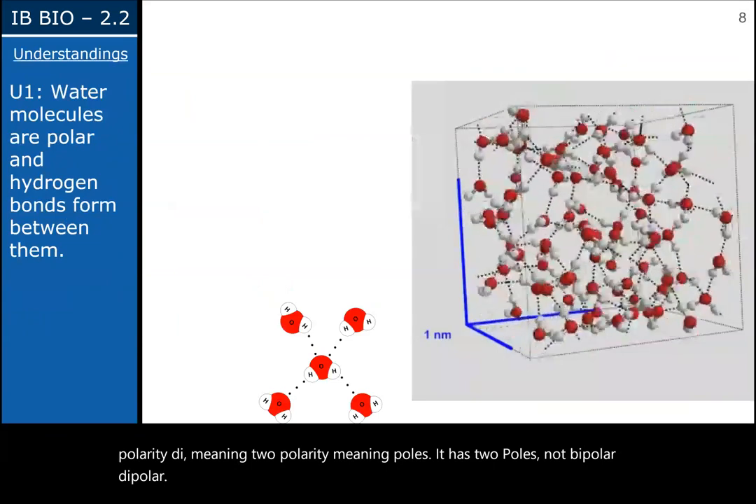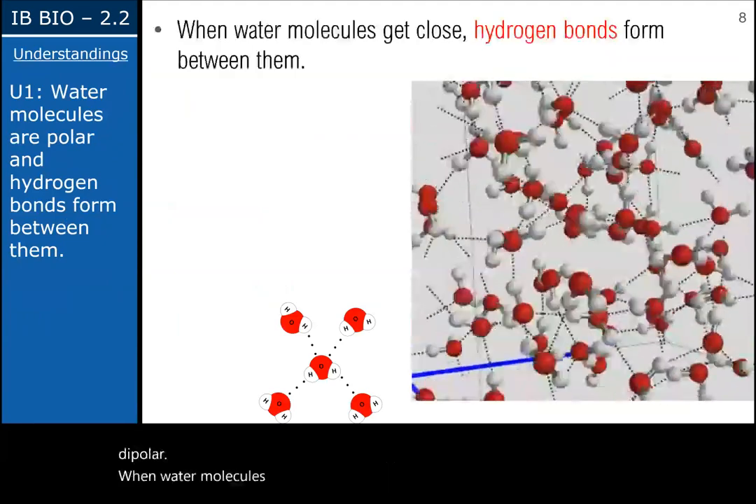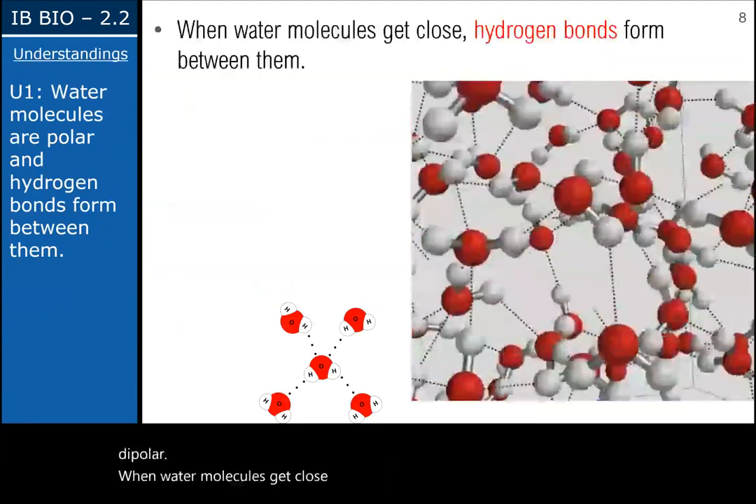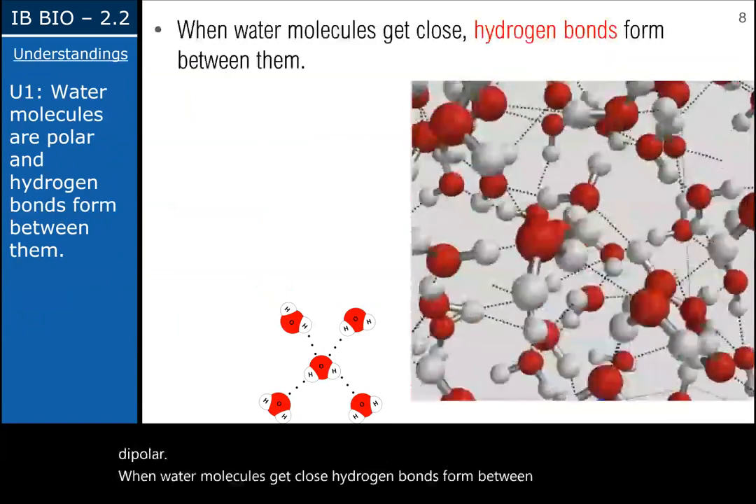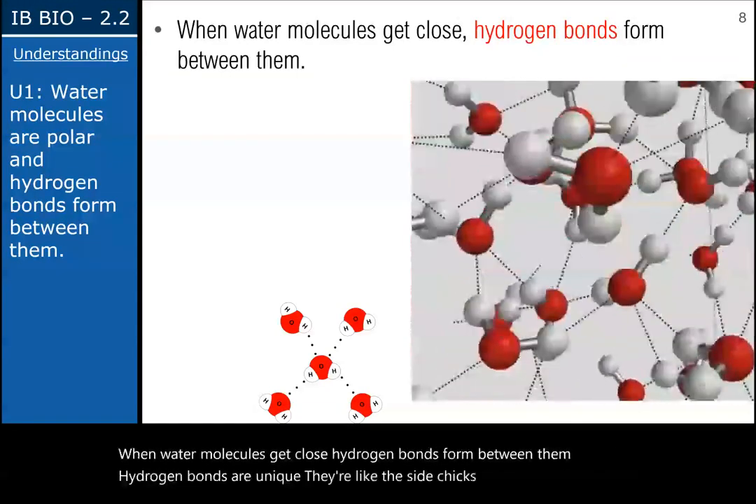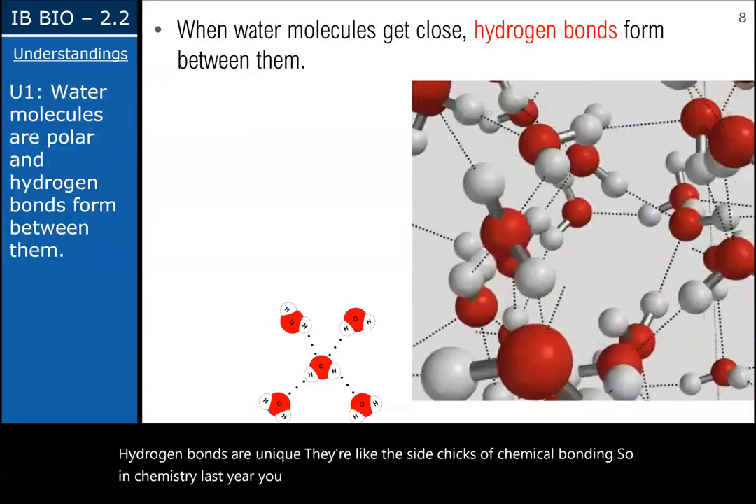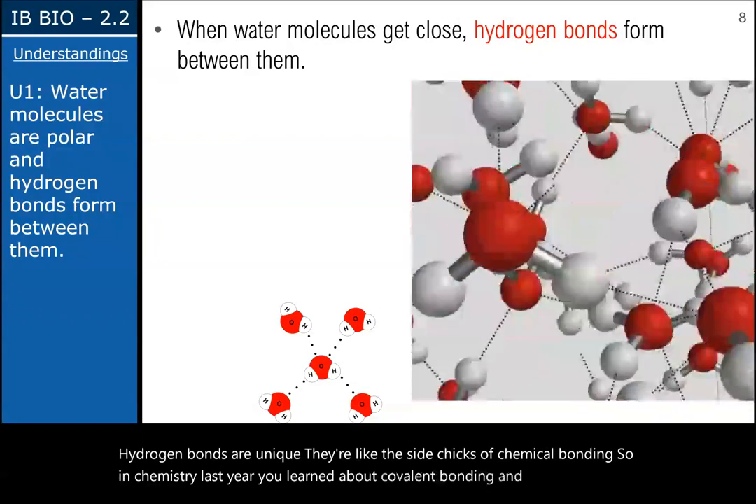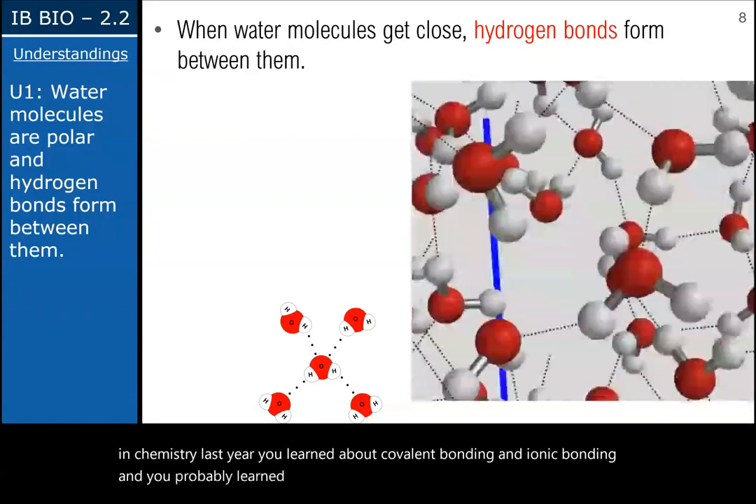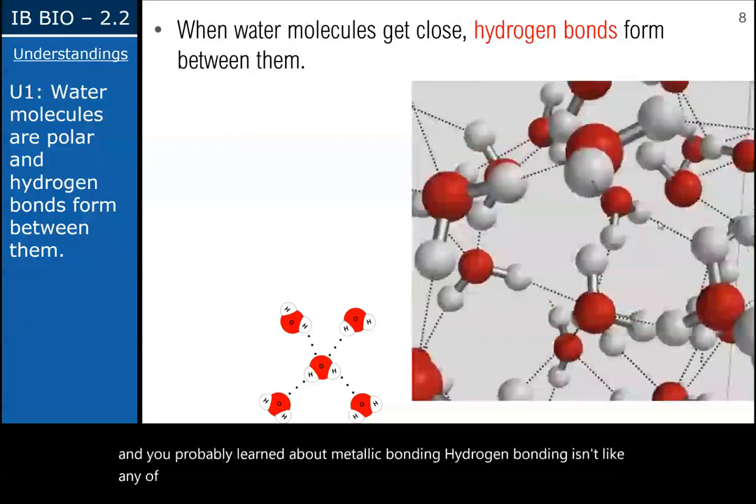So when water molecules get close, hydrogen bonds form between them. Hydrogen bonds are unique. They're like the side chicks of chemical bonding. So, in chemistry last year, you learned about covalent bonding and ionic bonding, and you probably learned about metallic bonding. Hydrogen bonding isn't like any of those. So, this is kind of like a